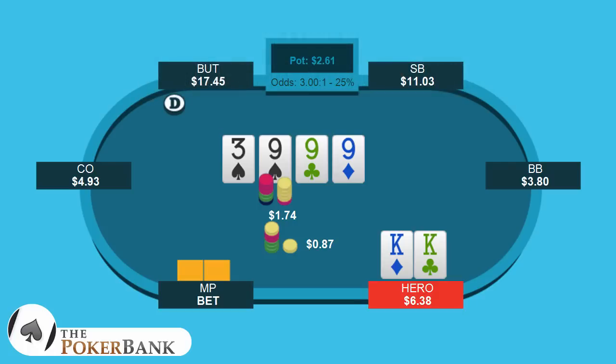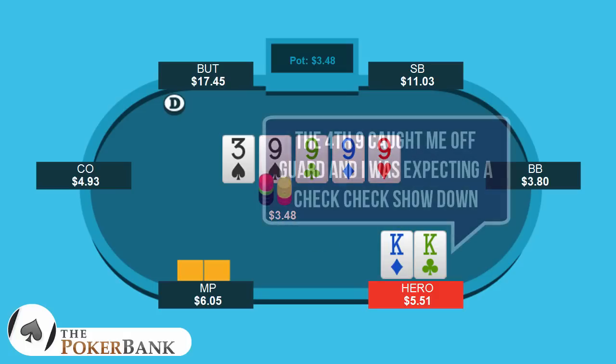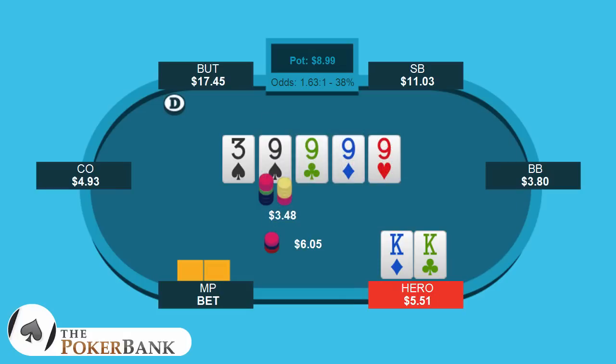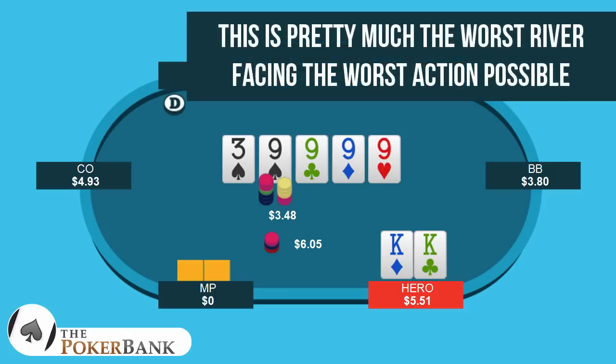So as played, Hero ends up check calling, but gets a little bit stunted because the river is the 4th 9. He said it caught him off guard, and at this point he actually expected that when he checks, the river was going to go check check, but to his surprise he ends up facing this $6 shove from middle position. So this is pretty much one of the most uncomfortable rivers, facing one of the most uncomfortable actions